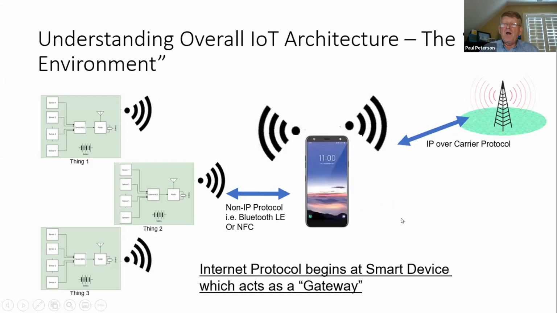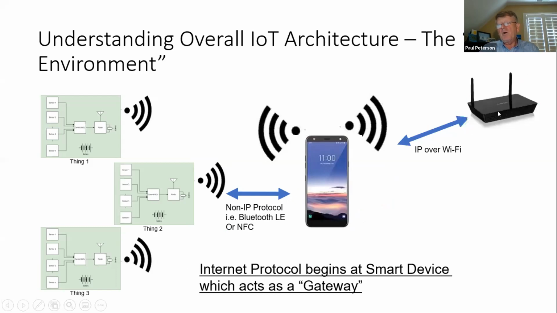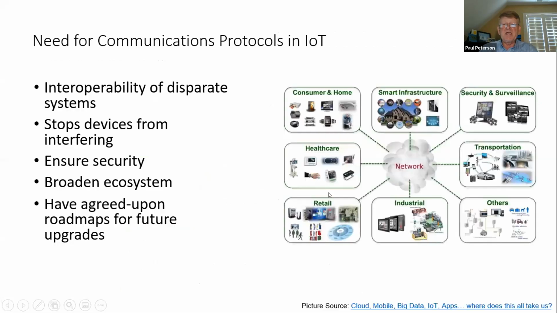Likewise, there are other protocols, for example Bluetooth Low Energy, or BLE, that are non-IP based, but our handset, our smartphone, becomes essentially the equivalent of the gateway. And it too can be tied in via cellular, or, if you're like me and you have to get on your kids every now and then, you say, hop off cellular, you're using way too much data, jump over to Wi-Fi. So in this example, the smartphone acts essentially as a gateway.